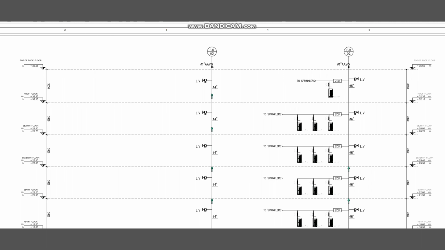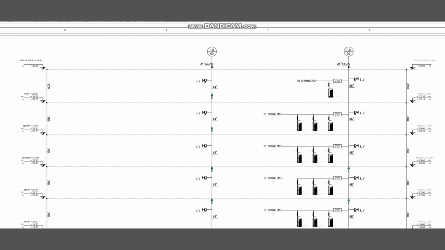When you do the design, suppose for a high-rise building you have lots of systems like landing valves, fire hose cabinets, and the sprinkler system like I showed here, you have to perform the hydraulic calculation in different scenarios, like scenario 1, scenario 2, and scenario 3. I will explain all the scenarios in this video step by step. And at the end of this video, you can easily understand and design whatever system is given in your